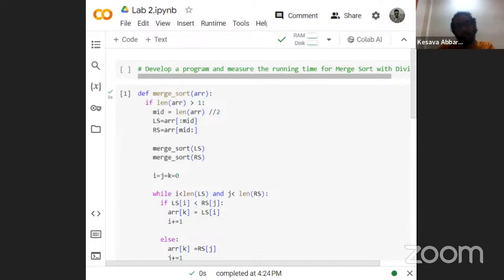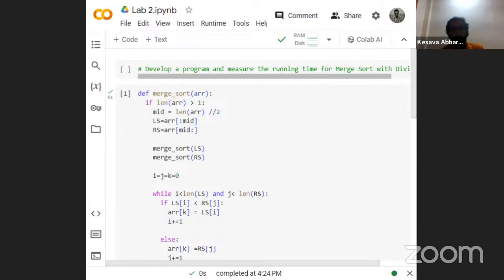The worst case will be when the array is sorted in the reverse order. Then we have to check the first element with the second element. It will be greater than it. So we have to check it with the third element. It will be greater than it. We have to check every element till the last element, which will be less than it. So we have to take the first element and keep it in our result array. So the worst case appears in merge sort when the array is sorted in the reverse order, that is in